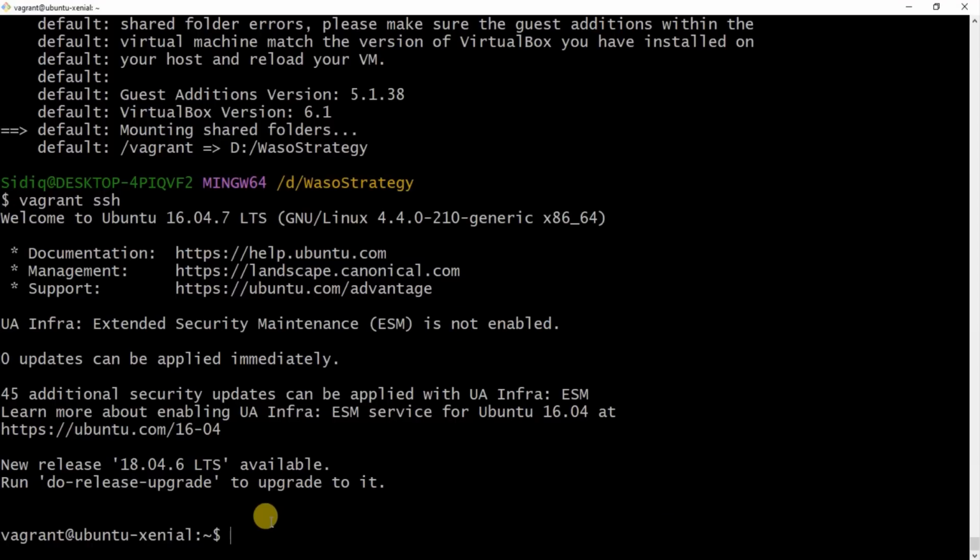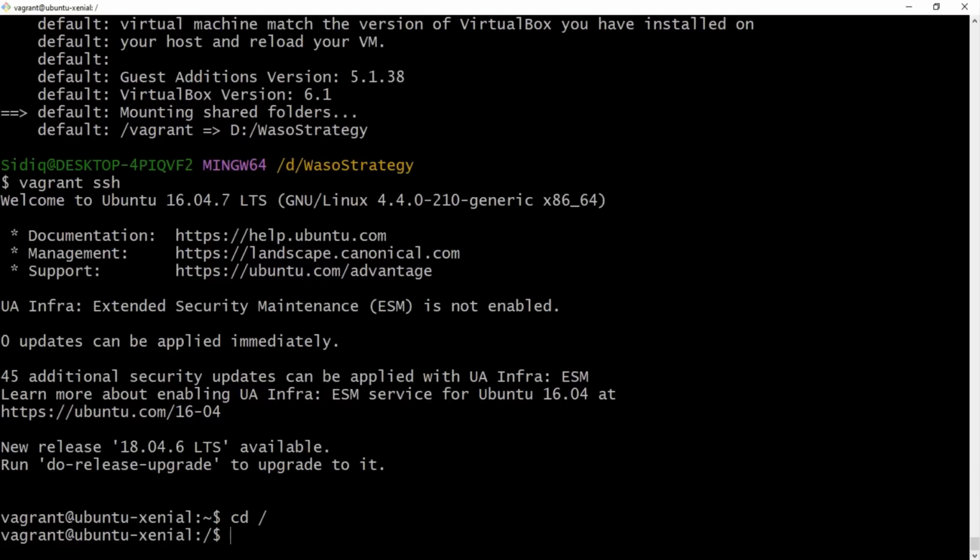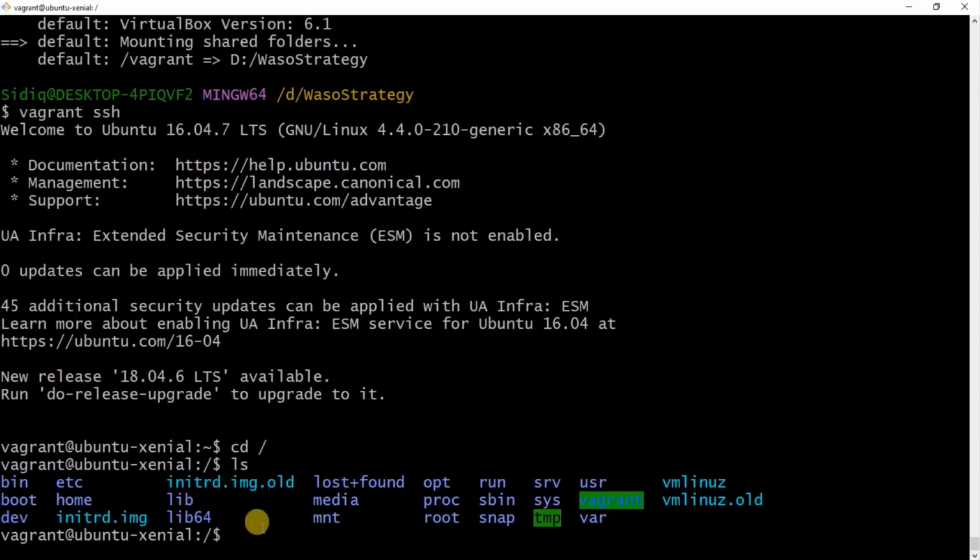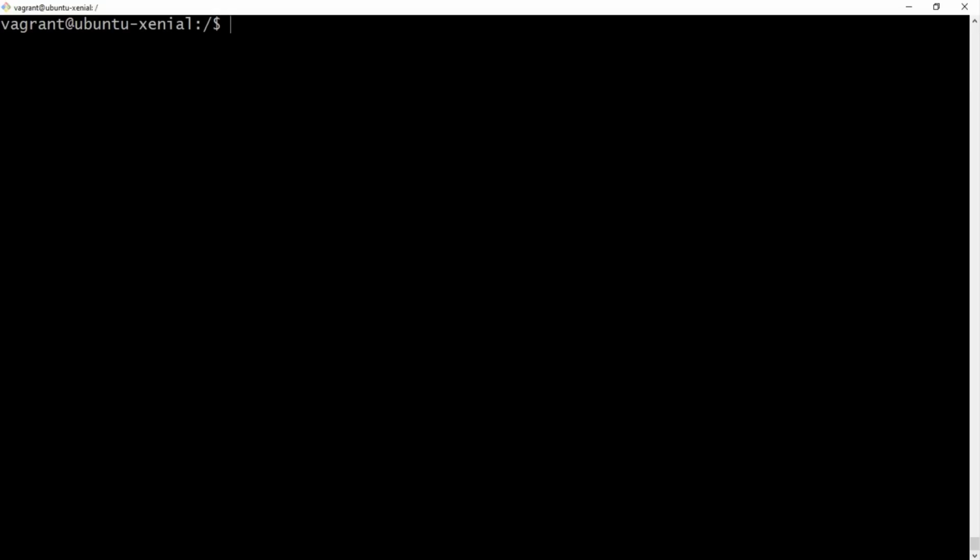So as you can see, welcome to Ubuntu system. You can get the documentation and the rest. Those are just some welcome messages. The main thing is that we have signed in, and you can see your root directory as a Vagrant user here. Can you see this kind of mush? If it were CentOS, we don't have many files in our root directory. Anyway, that's fine. So next thing we have to do is